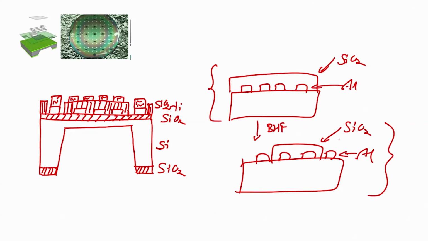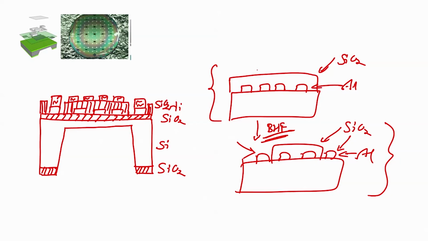So, why BHF? Because BHF is the etchant for silicon dioxide. So, if I dip this wafer in BHF, what will happen, you guys know, this aluminum which is exposed will get etched in BHF. The BHF will etch aluminum as well. So, this technique cannot be used, because my BHF is going to affect my aluminum,